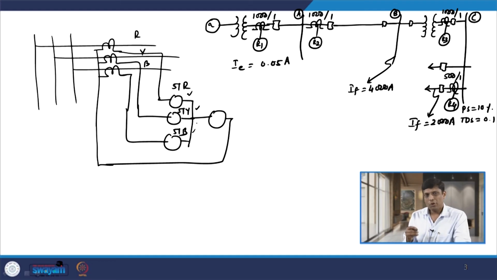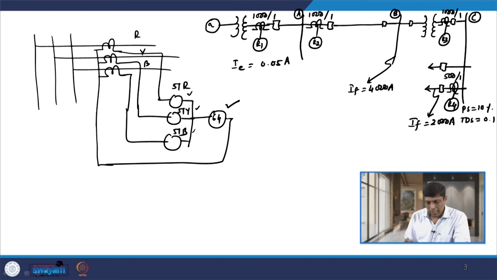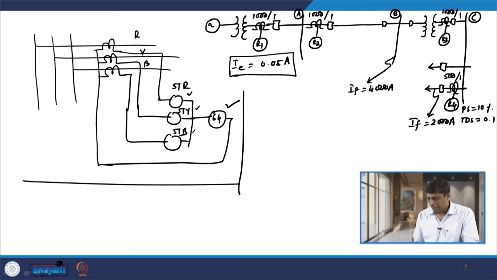How to calculate the plug setting and time dial setting of these relays, we have already considered in a previous example. Now, in this example we are talking about the ground relay, which is indicated by the number 64. The plug setting of these ground relays is normally lower than phase relays, as I told you earlier, because it is connected in the residual circuit. So, we need to consider the excitation current of the 3 line CTs when we consider this example. So, let us start solving this example with this background.